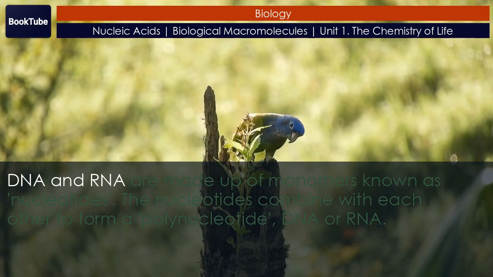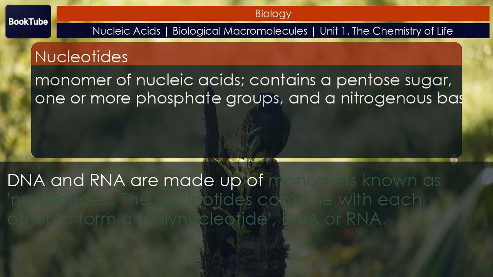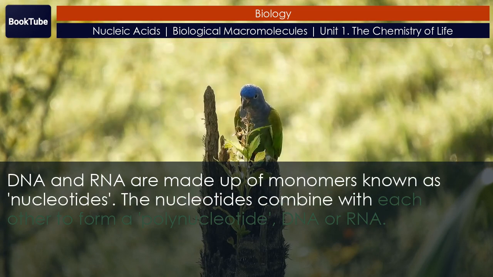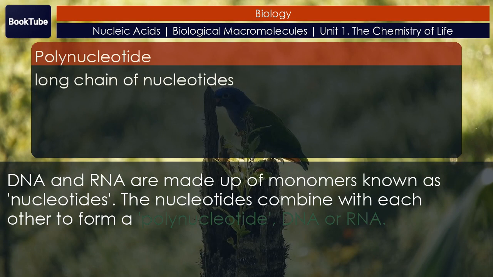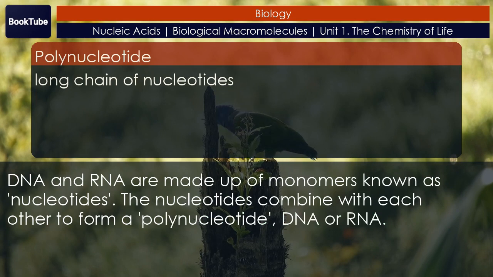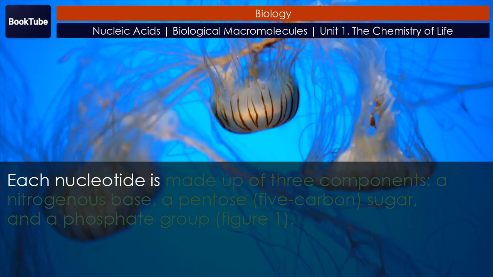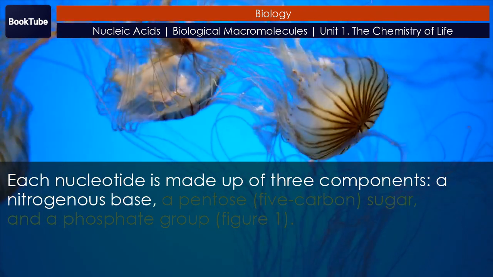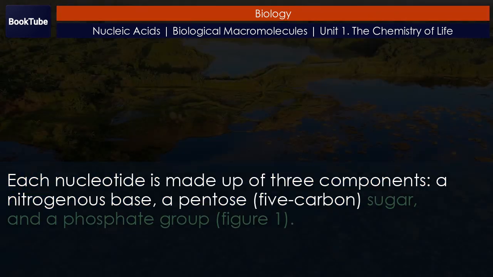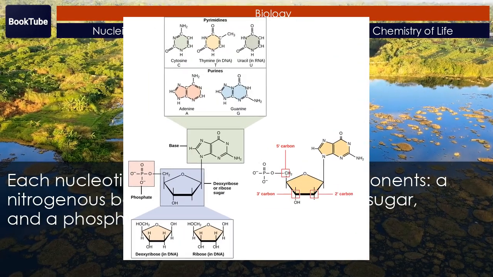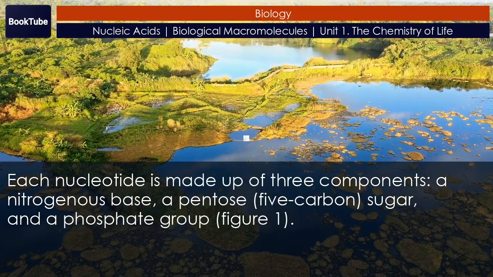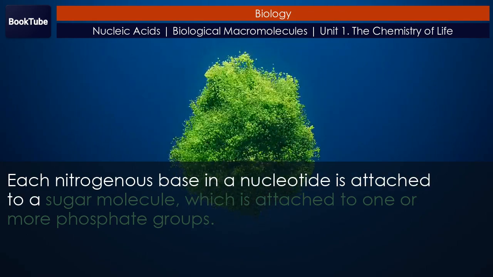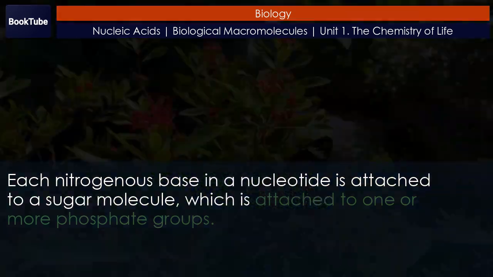DNA and RNA are made up of monomers known as nucleotides. The nucleotides combine with each other to form a polynucleotide, DNA or RNA. Each nucleotide is made up of three components: a nitrogenous base, a pentose (5-carbon) sugar, and a phosphate group. Figure 1. Each nitrogenous base in a nucleotide is attached to a sugar molecule, which is attached to one or